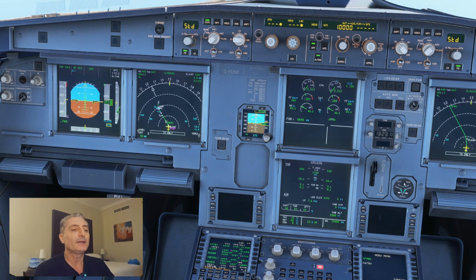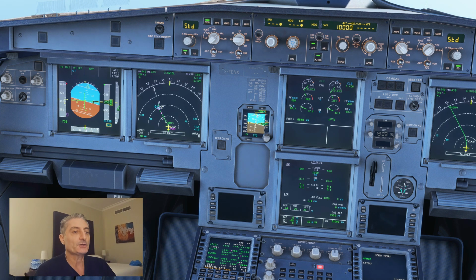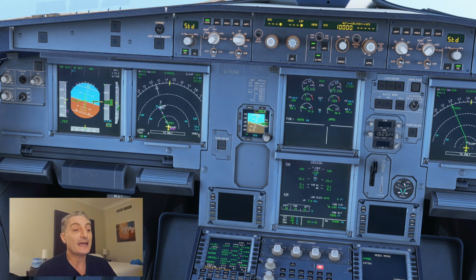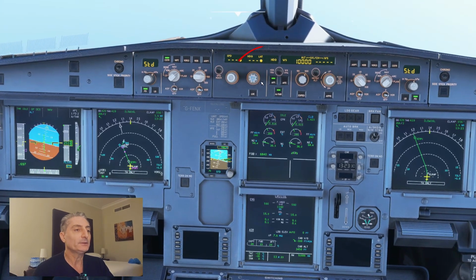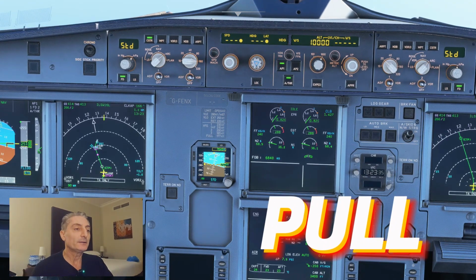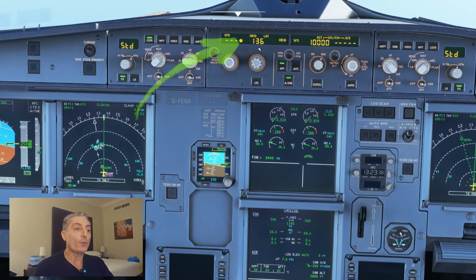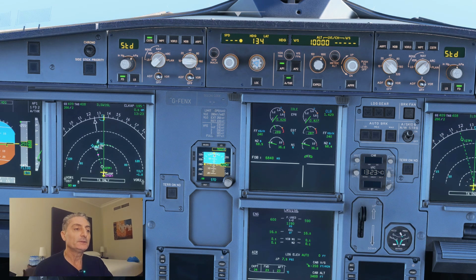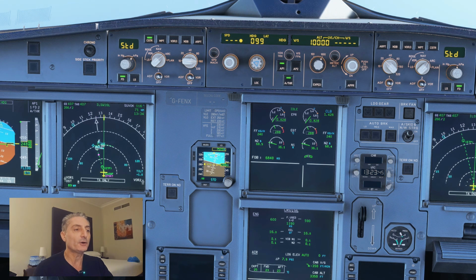So most probably, the controller is never going to tell you to turn the aircraft in any direction. But let's say, for practice and to learn, that the controller at some point is going to tell you, now I need you to turn left on heading 090. How do we do that? As I told you, here there is this knob with the heading. So first of all, we need to pull it. And now we see numbers. See? Now we turn this knob towards 090. And the aircraft, don't worry, is going to turn